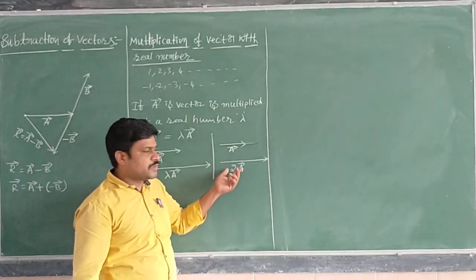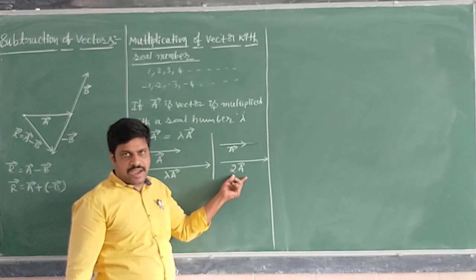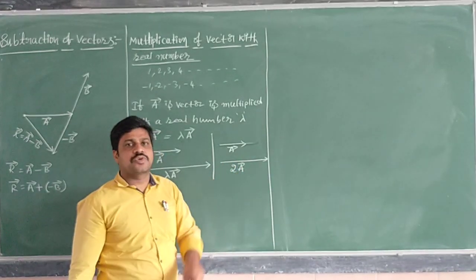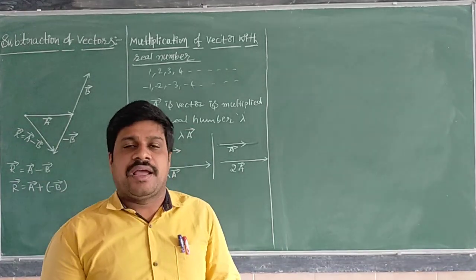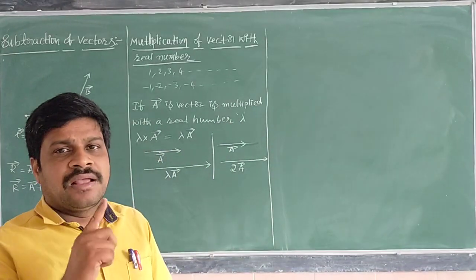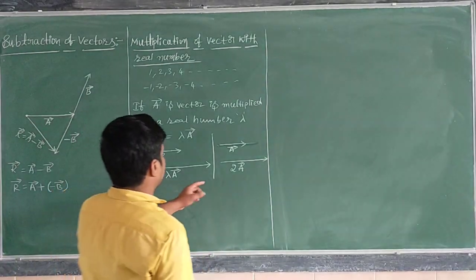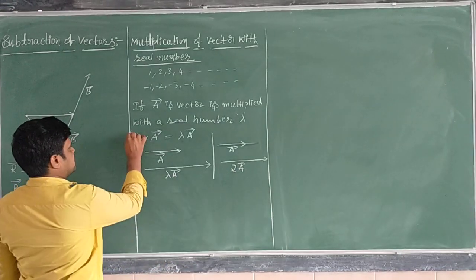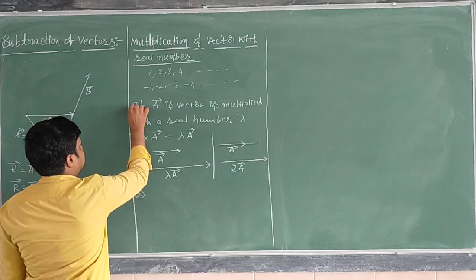2a bar means here the vector is one time, here the vector is two times. It becomes 2 times, so we have to show the magnitude with an increase. That means when any vector is multiplied with a positive real number, then the direction of the given vector is the same and its magnitude is increased by the number of times of the real number. Suppose this is the first case. Suppose if you take the second case, this is the first case.